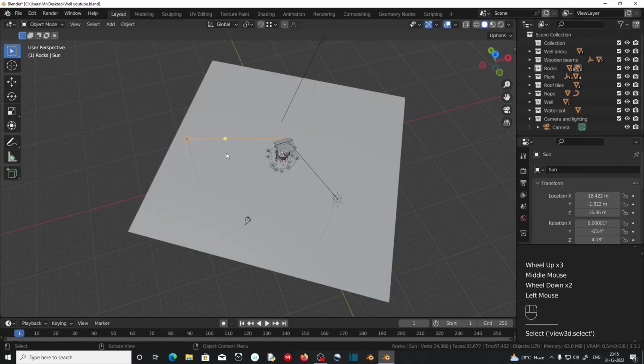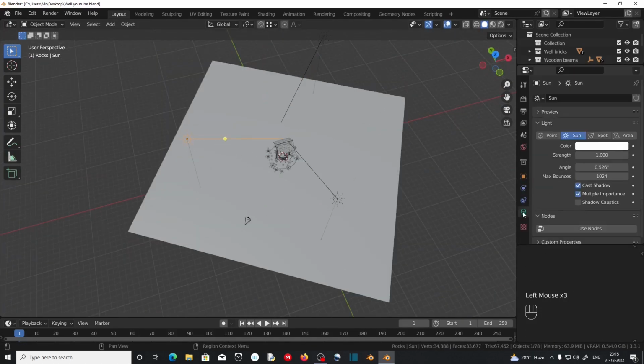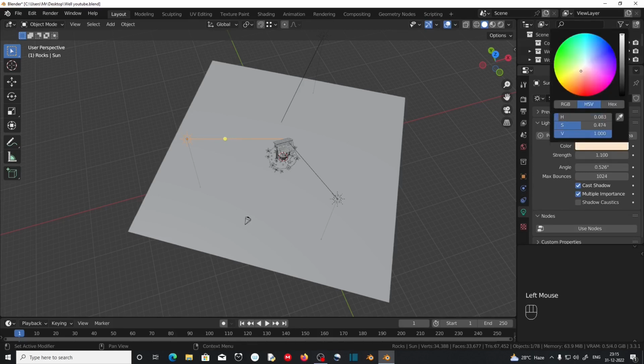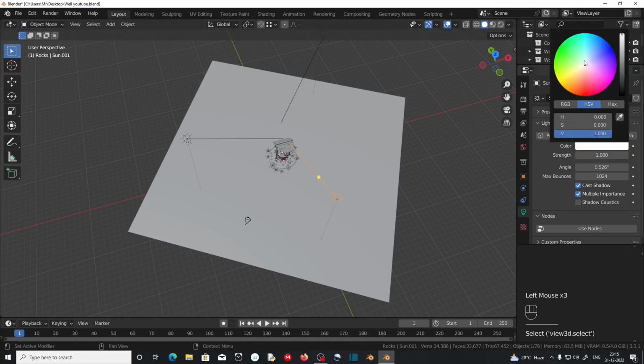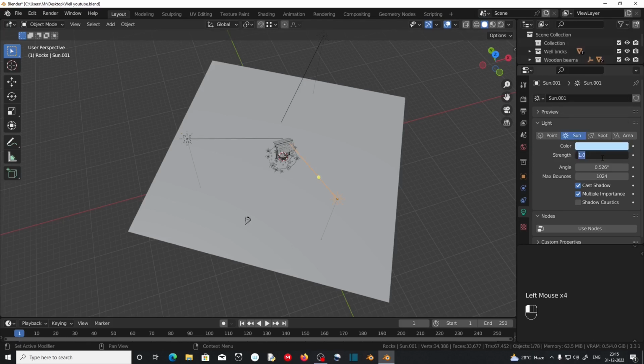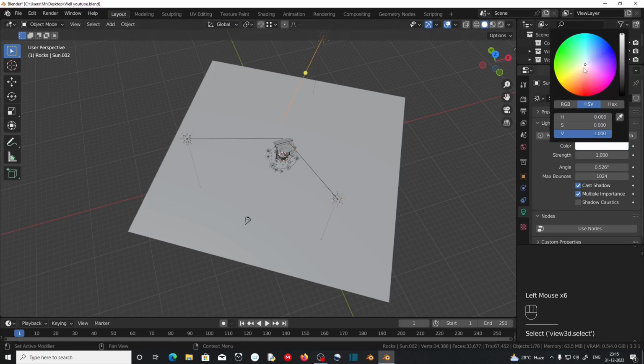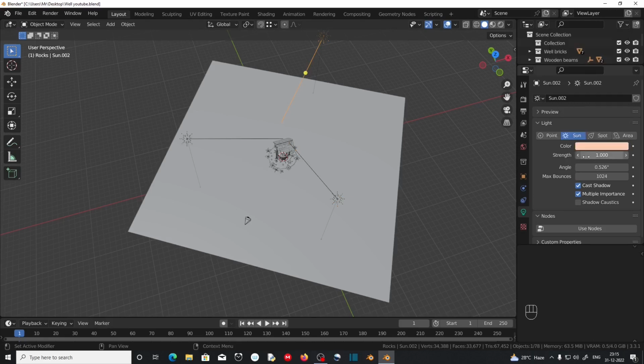I'm going to select this one, go to object data properties, then I'm going to change this value to 1.1, and I'm going to change that color to a little something like this. Select this one, going to change this to a bluey color, and I'm going to change this to 1.5, and select this one, I'm going to change this to an orange color, nearly orange, then I'm going to change it